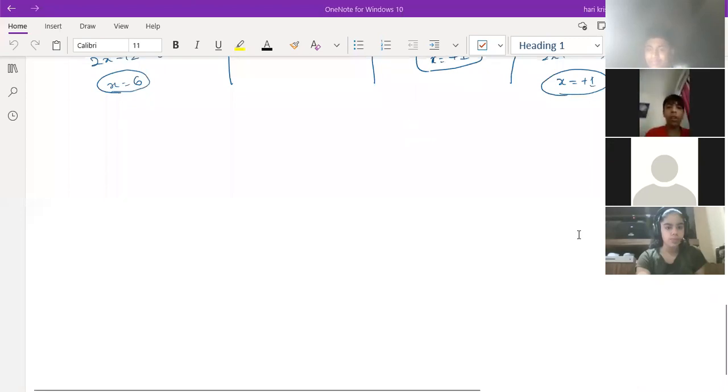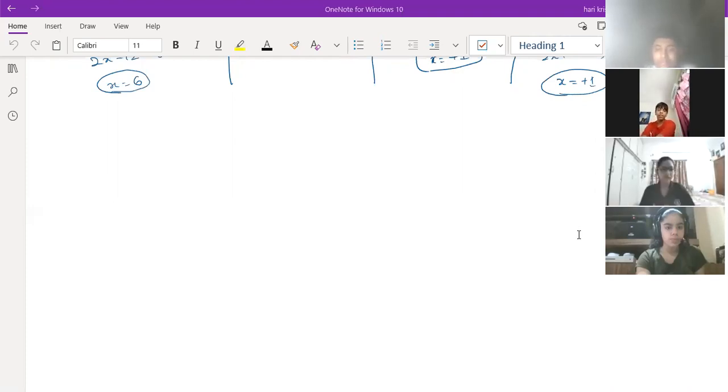The sum of all the numbers is equal to the oxidation number. Yes, I think. Sir, shall I? The oxidation number of an element in its free state is 0. Very good. The oxidation number of an element in the free state is 0.